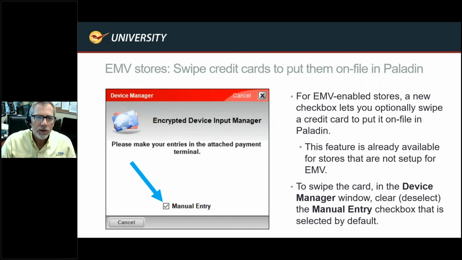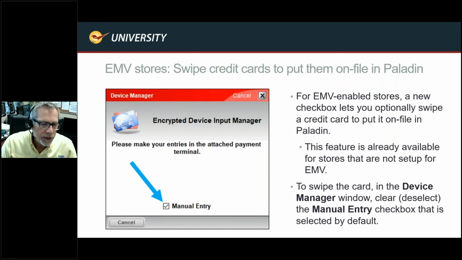All right, for stores that are using EMV and the new Lane 7000 or 8000 devices, when you're adding stored credit cards into the customer screen, you can now type them in on the pin pad that comes with the Lane 7000.